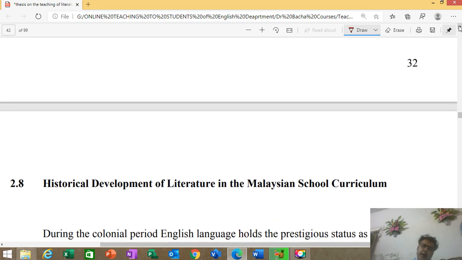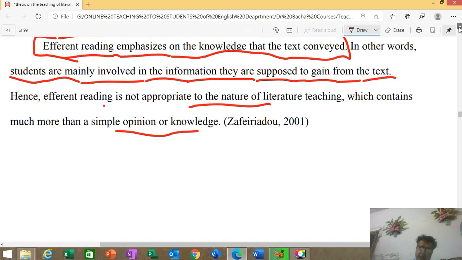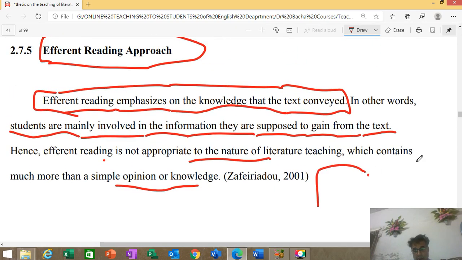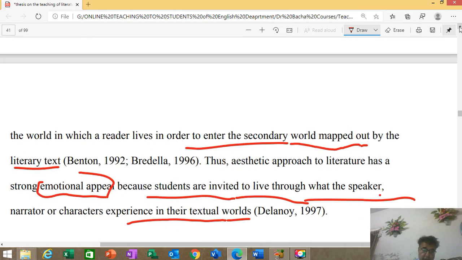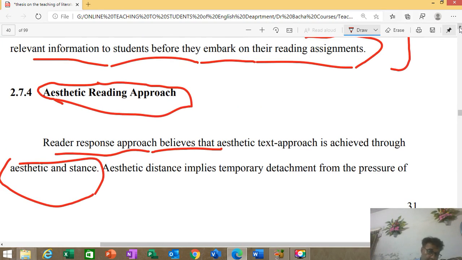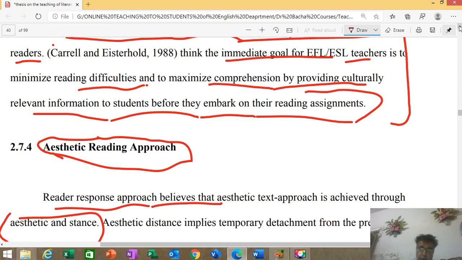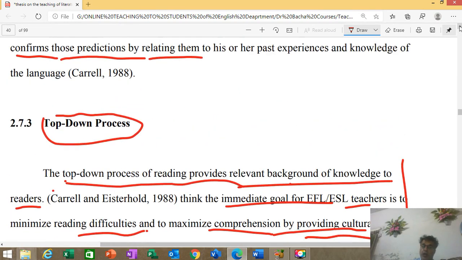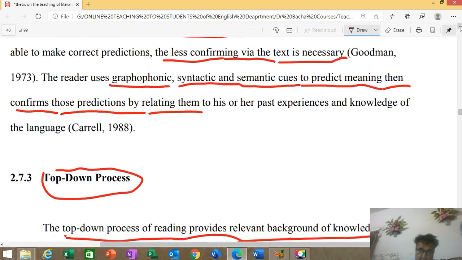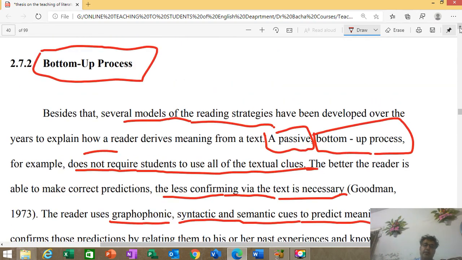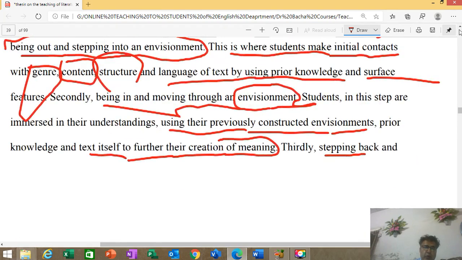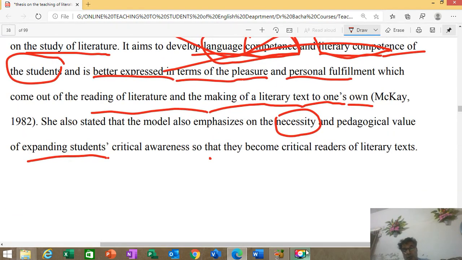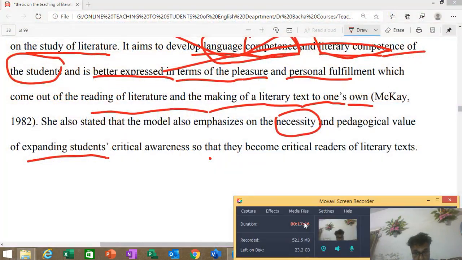These were some of the approaches, my dear students, that I talked about, and I hope that you must remember the terminology. Efferent teaching approach, okay, you must remember the aesthetic reading approach. What do you really mean by top-down process, what really happens there, and then bottom-up process, what exactly happens there. So these are some of the approaches I just talked about. So please, do try your best to understand, wherever you feel the